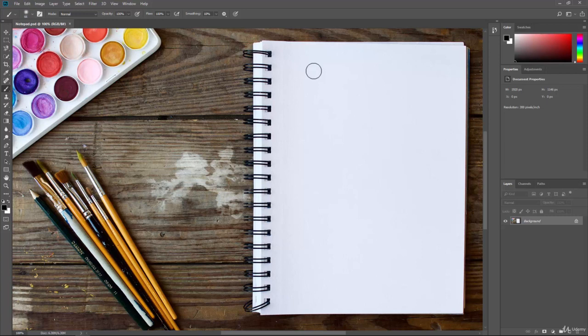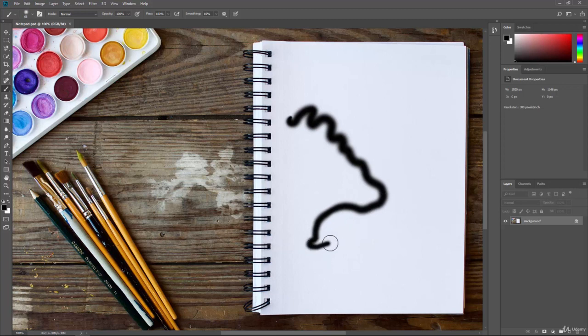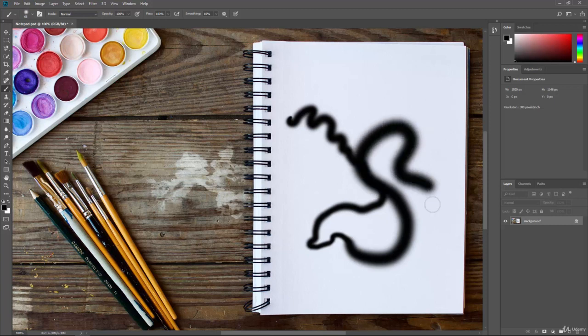Now I have a Wacom tablet that I use, and I suggest that if you're doing a lot of painting and texturing and coloring, whether it be for images or for 3D graphics or for anything really, you might want to pick up a tablet because it gives you a lot more control. If I pick up my tablet, now it's like I'm using an actual pen to color, and I have a lot more control over what I'm doing. And the great thing about tablets is they provide pressure sensitivity. If I go real light, it'll make it nice and small. And if I push down and go hard, it'll make it a little thicker and bigger. And you can change all those settings with the tablet.